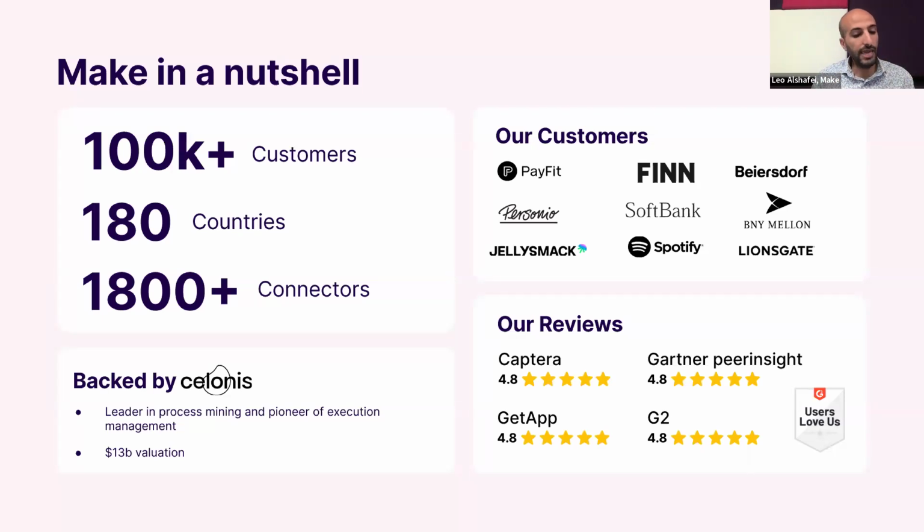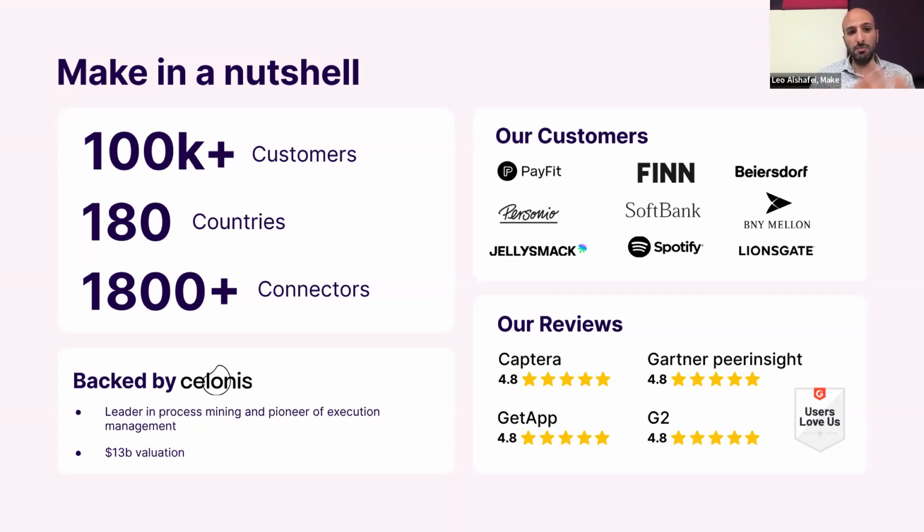We have more than 1,800 connectors and apps that you can connect together. Thousands of people have been using Make for years, and they are achieving amazing results. That's it. I'm not going to go into more details. We're going to be discovering Make today when we're speaking about the implementation of the automation that Magnus has been